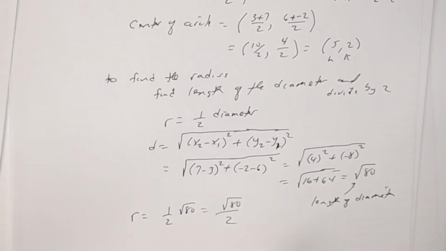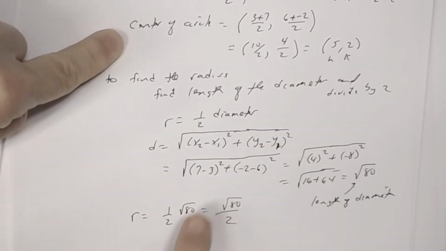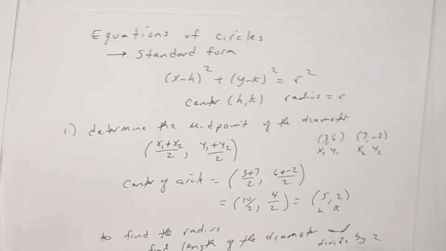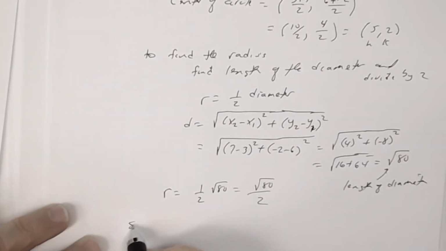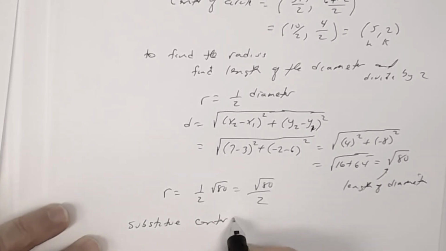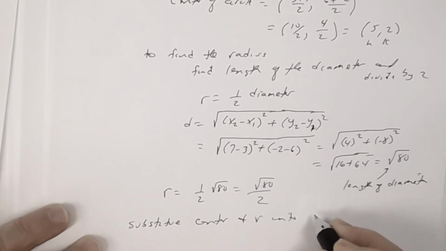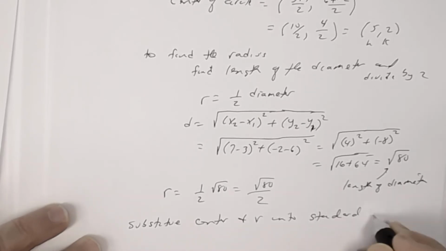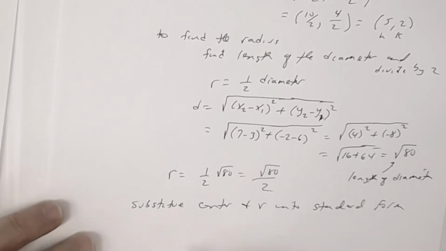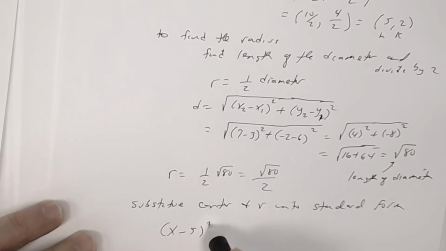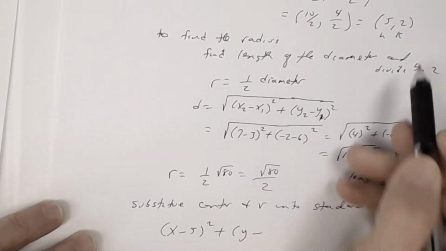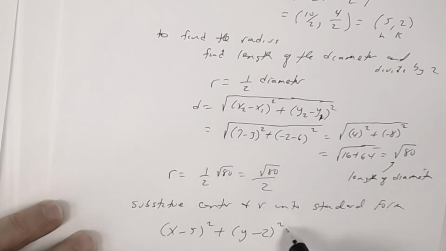So now we're going to take this information and substitute it into our formula. So substitute the center and radius into the formula, into standard form. All right, so here we go. X minus h, remember h is 5, squared, plus y minus k, k is 2, squared, equals the radius, which is this,